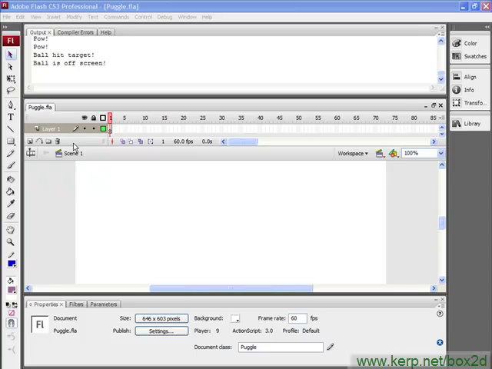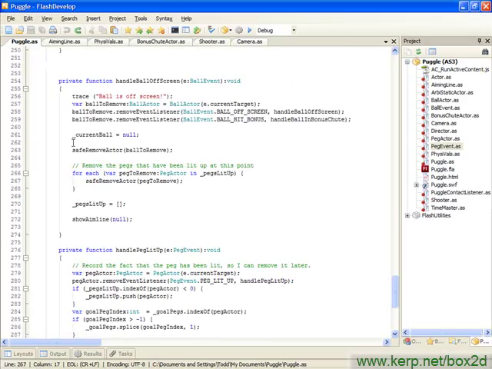Okay, let's add in the last graphical effect of our game, and that's going to be making our pegs fade out after our ball is moved off screen, and we need to remove the pegs. So I'm going to do that by going into our peg actor class,